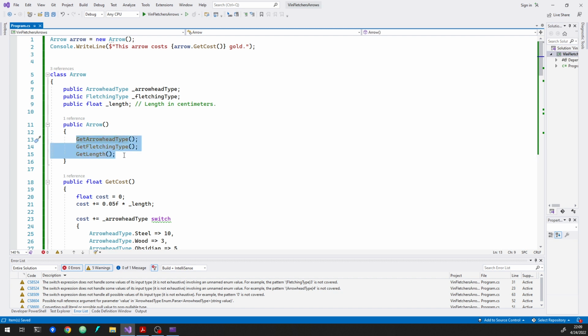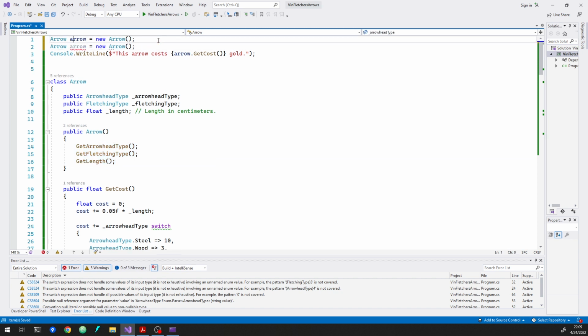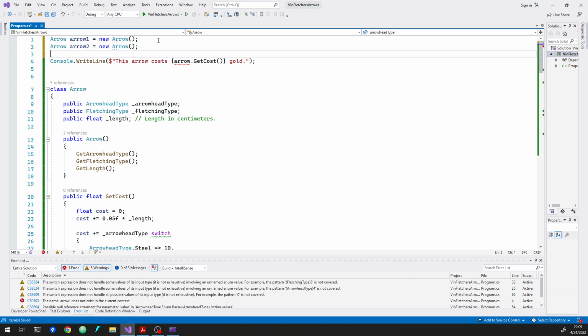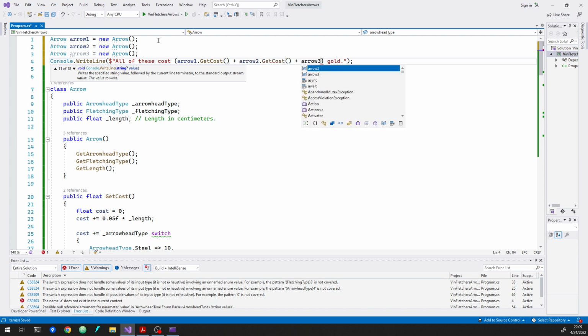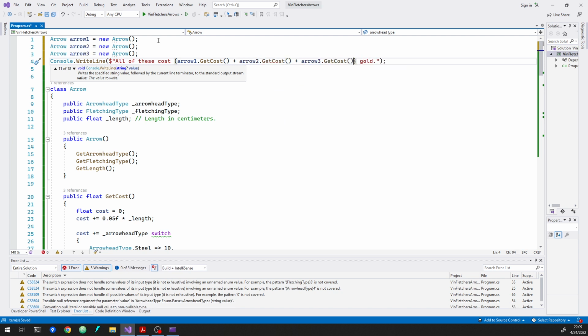Even now, in order to create an arrow, we go to the console window, but here I can make 3 arrows, and I can say... So like I said, now I've got a different usage here where I can just make 3 arrows,